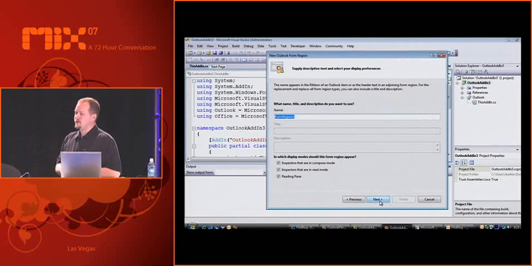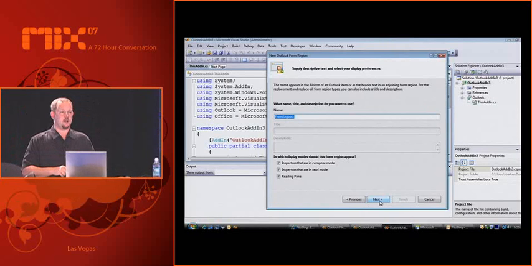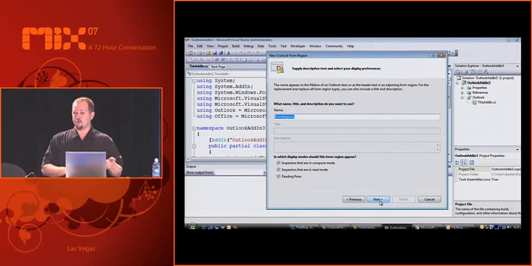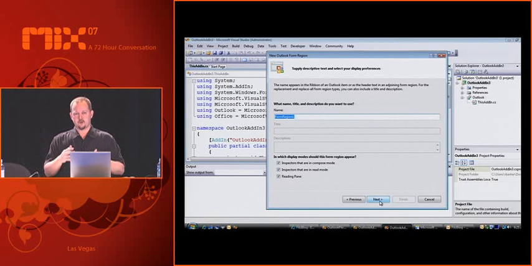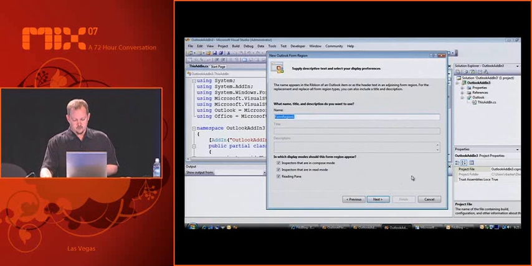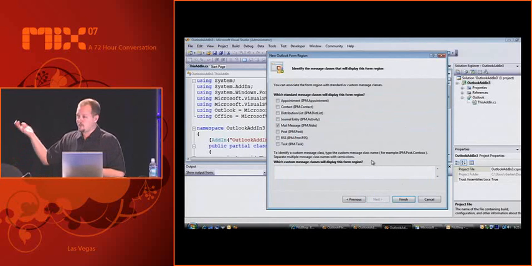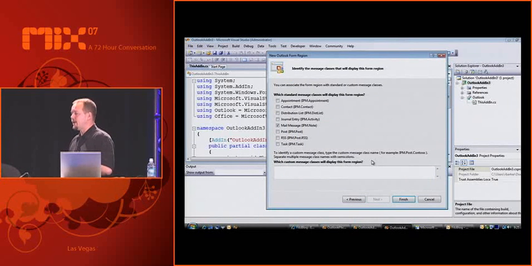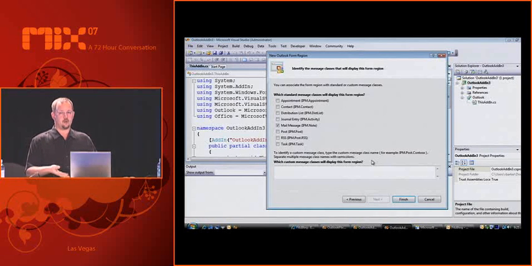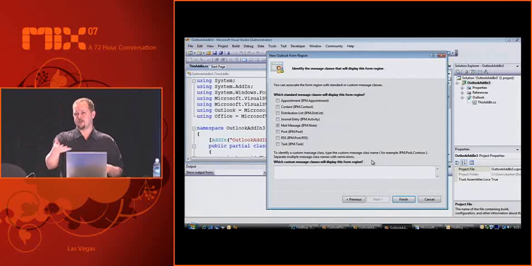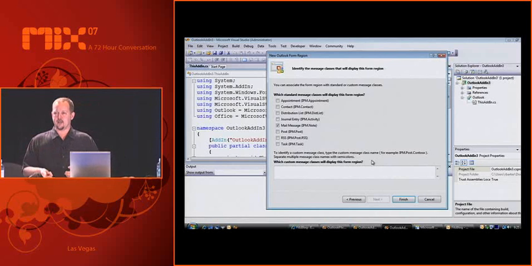At the bottom, it allows you to select a bunch of different properties to say, do I want this to show up in my reading pane, or do I not want it to show up in my reading pane? So it gives you some opportunities to customize that. This is probably the greatest piece: these are all the custom message class types that we use internally for Outlook and Exchange. These are the ones that are defined for tasks and calendars and basic messages.